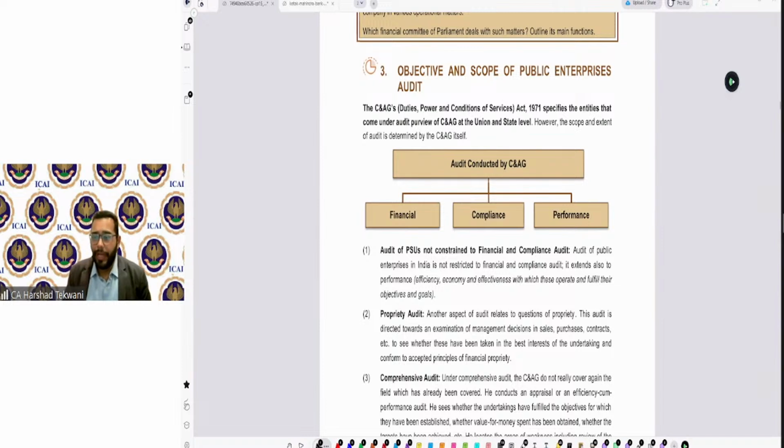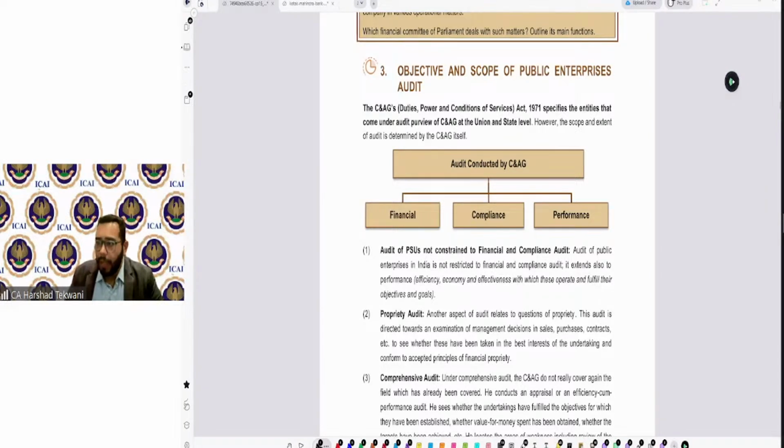Now, once you are going to conduct a financial audit, you need to understand how these financial matters are handled. In a company, we know that accounting standards, Ind AS, are applicable. But for a particular state or a particular scheme, which accounting standards are they following, what is the framework, which generally accepted accounting principles are they following? We need to understand that. Only then will you be able to conduct the audit.